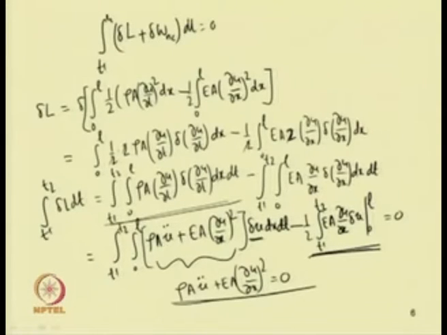Then it becomes rho A del u by del t into del of del u by del t dx dt. So, in this case one can write this term, and this term can be written in this form by changing the